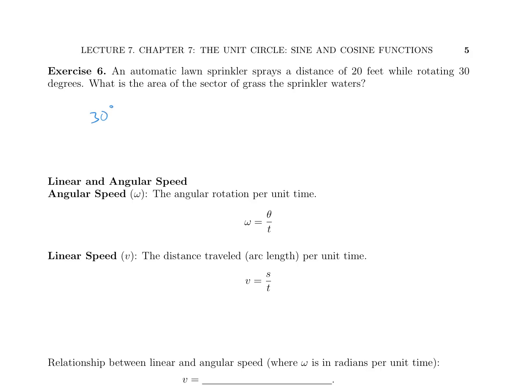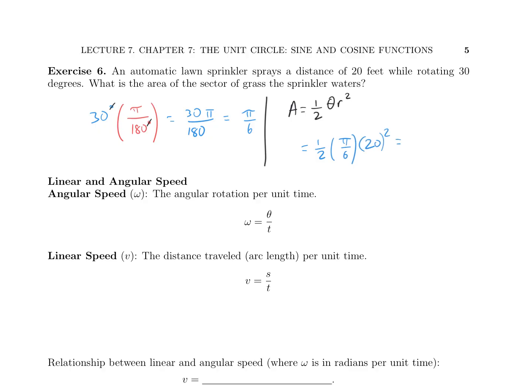So 30 degrees, we're going to multiply that by the ratio of pi over 180 degrees. Cancel out the degrees, and now we get 30 pi over 180, which simplifies to pi over 6. Okay, now that we have theta, we can apply the formula. The formula, if you recall from the previous page, is 1/2 theta r squared. So that's going to be 1/2 times pi over 6 times 20 squared,